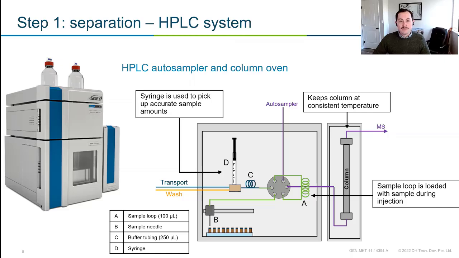So we store that column within the column oven. The reason we're doing that is just to make sure it's at a consistent temperature. As we increase temperature, typically what we see is a decrease in column pressure. And also our analytes are going to move a little bit faster through that column. So I'd hate to see a column be outside of a column oven and then your AC kick on and your room gets a little bit colder. That's going to mess with your retention time. So keeping it in a column oven, a little bit above your room temperature is usually what I would recommend.